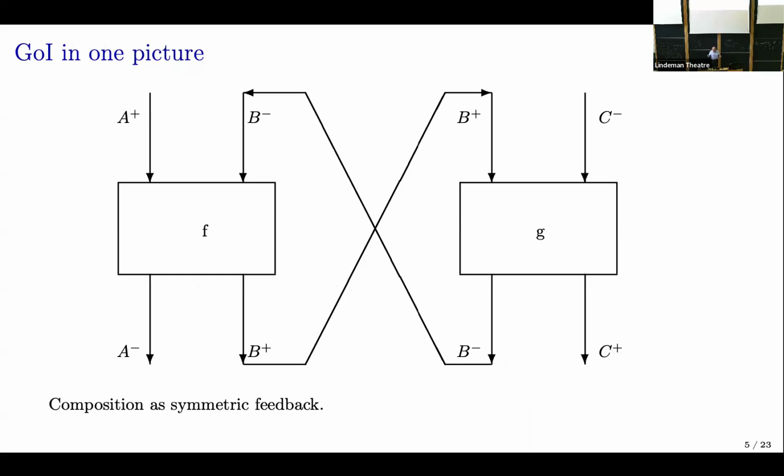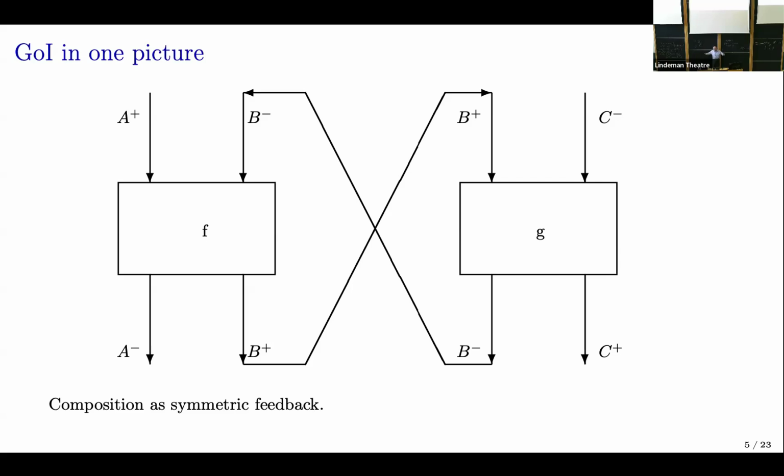Okay, now the thing that I understood, that got me into the geometry of interaction is essentially in this picture. Which eventually dawned on me, which really tells the story, at least at the multiplicative level. It's all there in principle. So we think you're in some monoidal category, if you like. So a process is a 2-input, 2-output box. So you can think of it as a morphism, say F from A plus tensor B minus to A minus tensor B plus. G is another such